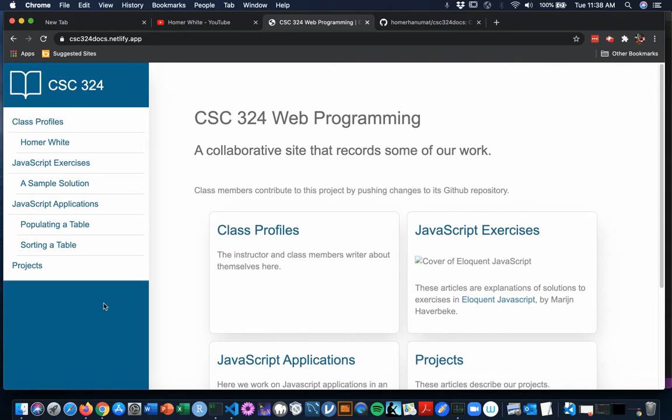In particular, how to do your first contribution, your profile. So the site is hosted by Netlify. The URL is csc324docs.netlify.app. And when you go to that URL, you'll see this site, and you can see that